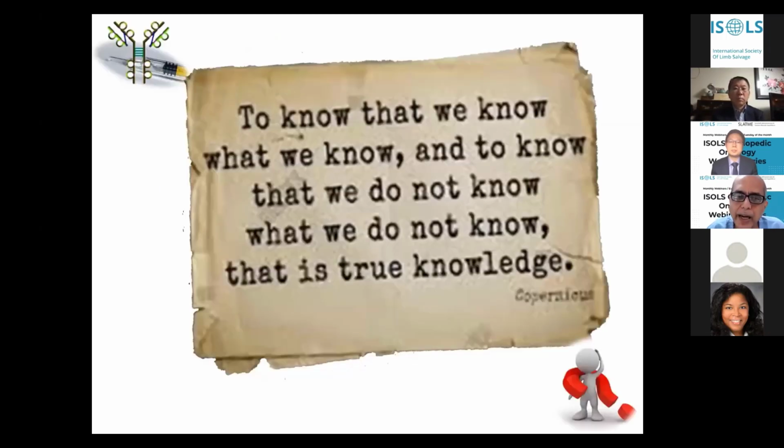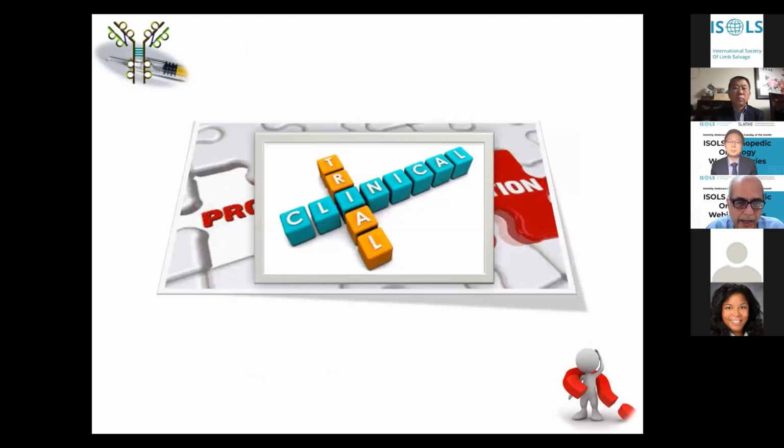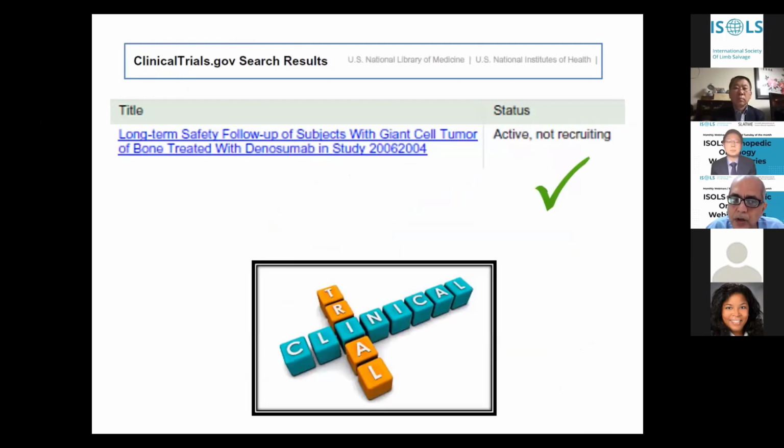So now we have a fair idea about what we know about denosumab and what we do not know. And knowing what we do not know is as important as knowing what we know. So what is the potential solution to such problems or questions? It's obviously clinical trials. When you look at the clinical trials going on in denosumab, there is not really too much. Yes, there is the initial trial that is still looking at long-term safety and follow-up of patients with giant cell tumors, which is obviously not recruiting patients, but is still active, and hopefully this will give us a better idea about what are the problems if we use denosumab over a long time.